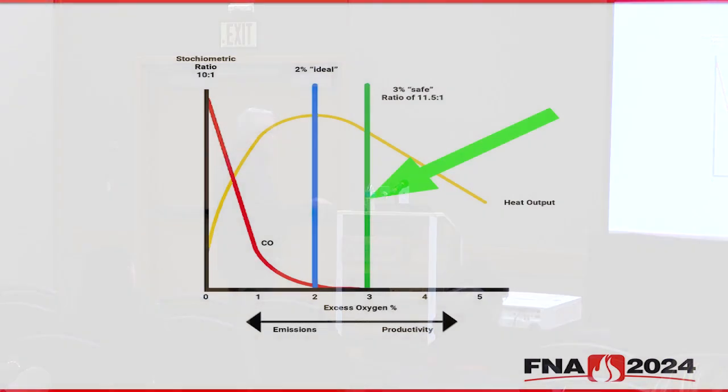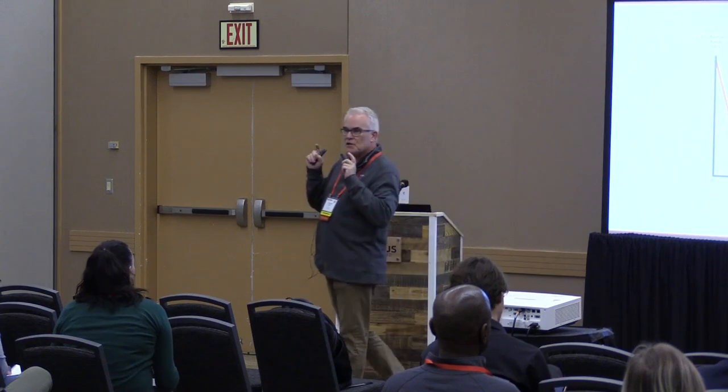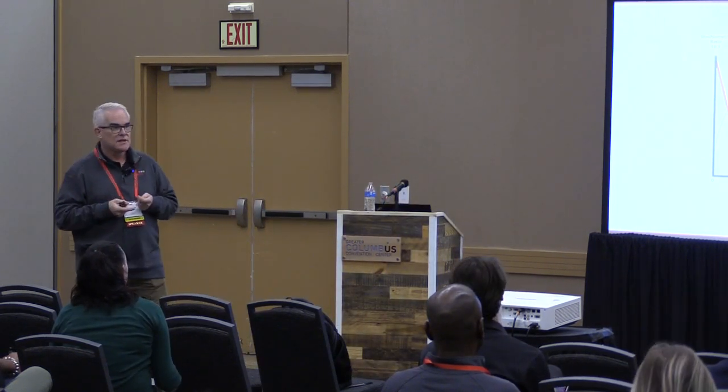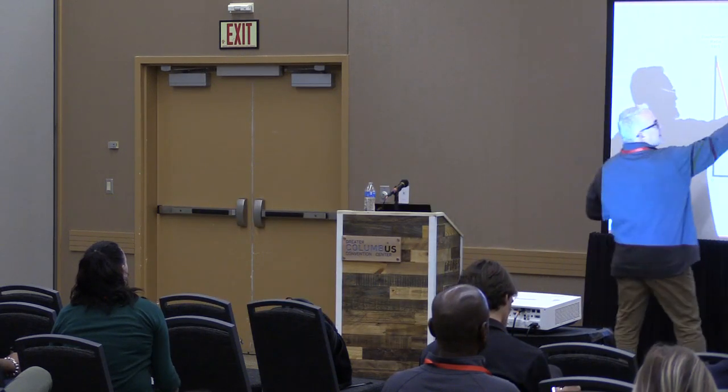And if you go lean, the issue of that is you really start to get some loss in heat output of the flame. So what we see here is, again, ideal in a perfect world is maximum heat output. As you get leaner, the heat really drops off. So it's safe. You're never going to form CO, but it becomes more and more inefficient. And so where you want to live with your furnaces is in here.